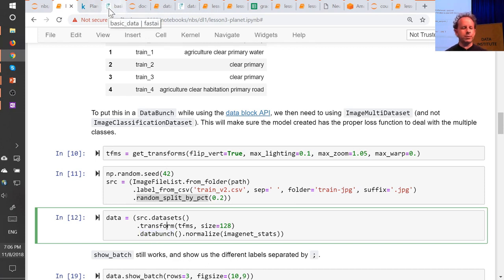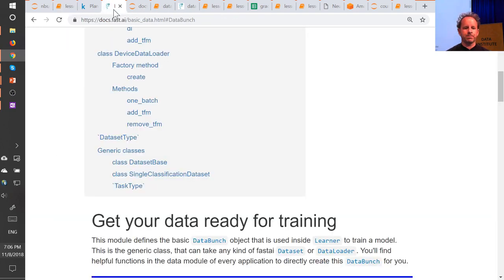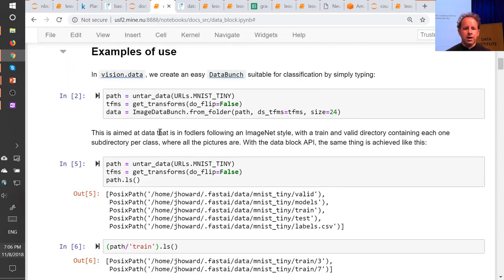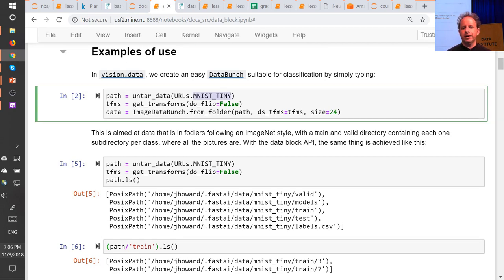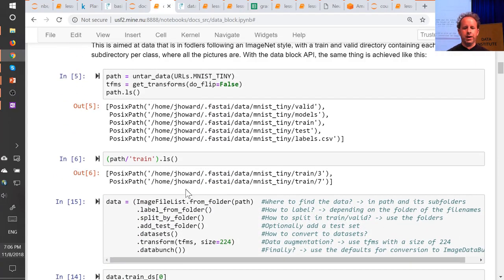So let's look at some examples of this Datablock API, because once you understand the Datablock API, you'll never be lost for how to convert your data set into something you can start modeling with. So here's some examples of using the Datablock API. So for example, if you're looking at MNIST, which remember is the pictures and classes of handwritten numerals,